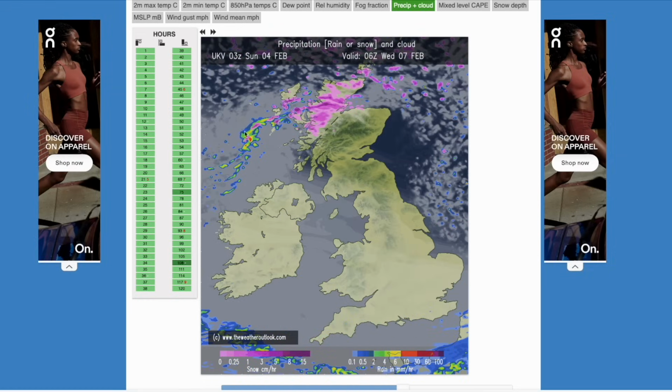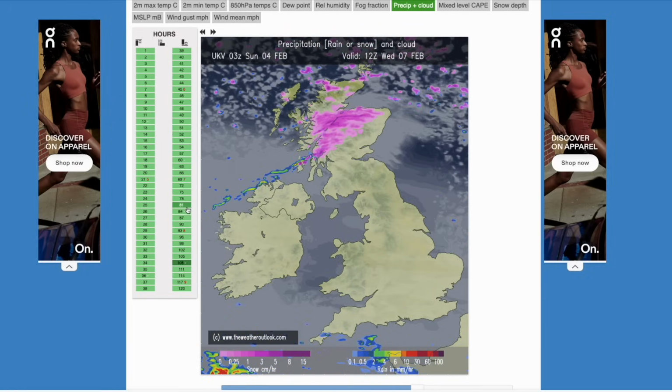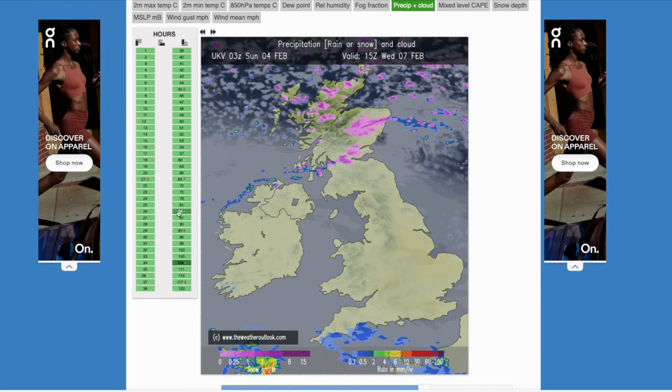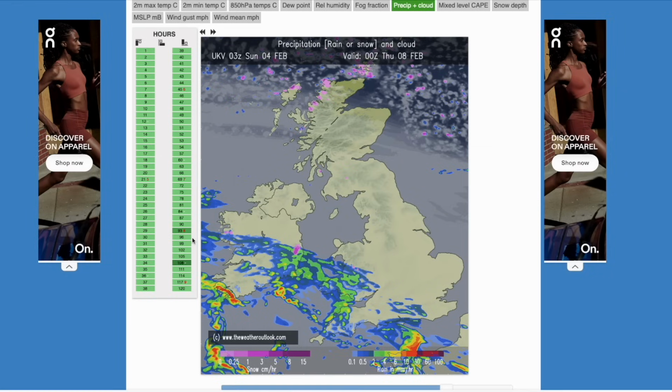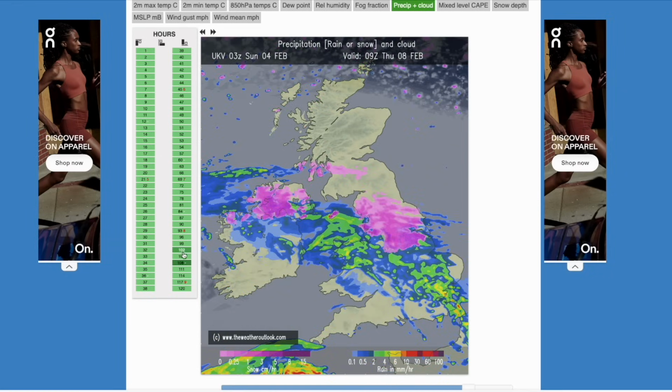Could see some more prolonged snow potentially, with a few little features popping up within the flow. That could give a few centimetres there through Wednesday, but it's really when these weather fronts gathering in the southwest bump into that cold air. Now, as I said, we're expecting that rain-snow line to be across northern England into Scotland, and you can see